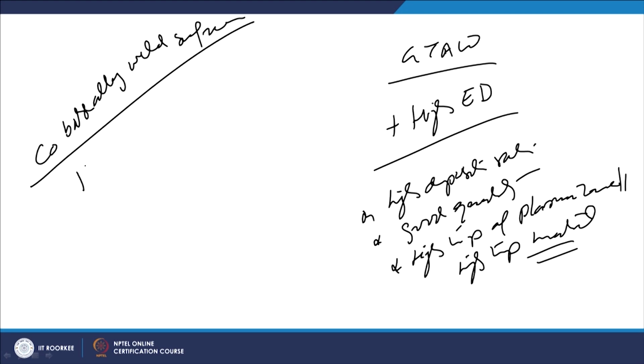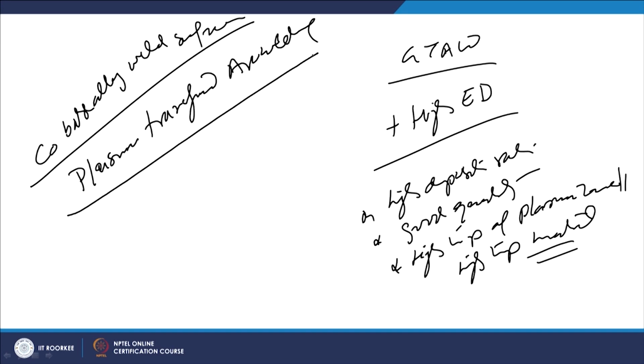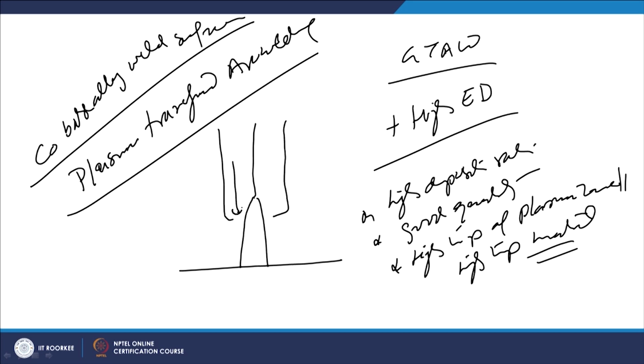where in PTAW, which is called plasma transferred arc welding, the arc is there between the electrode and the workpiece, and the plasma forming gas will be passed through the nozzle, and then it will be impinging with the surface of the substrate. Filler wire has to be fed in the plasma zone, like in the GTAW process, so that melting can be facilitated.